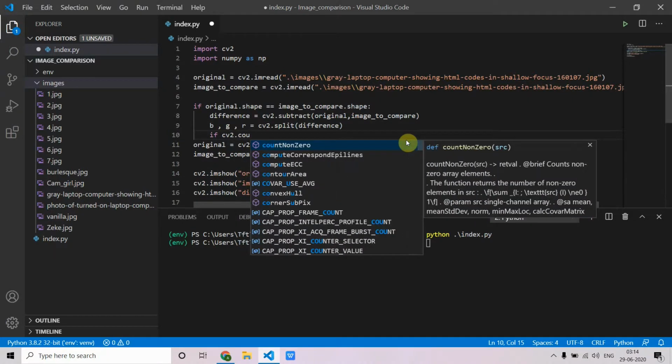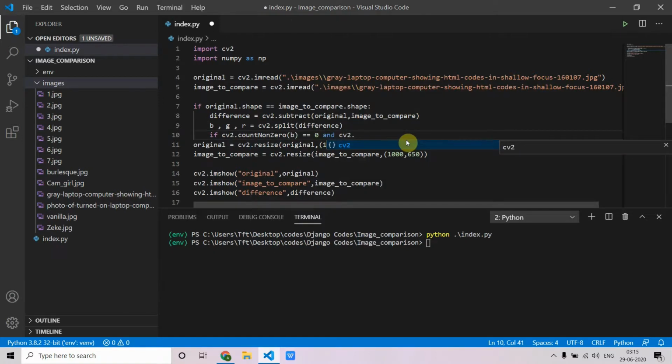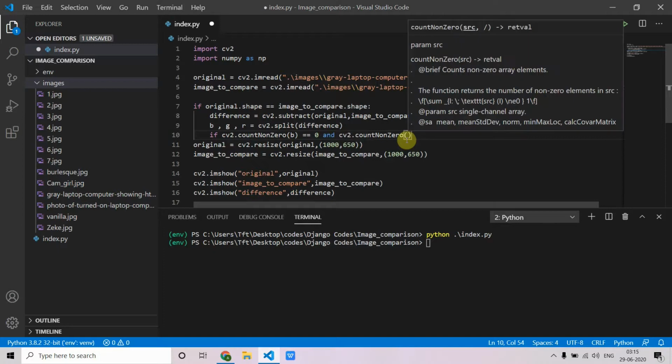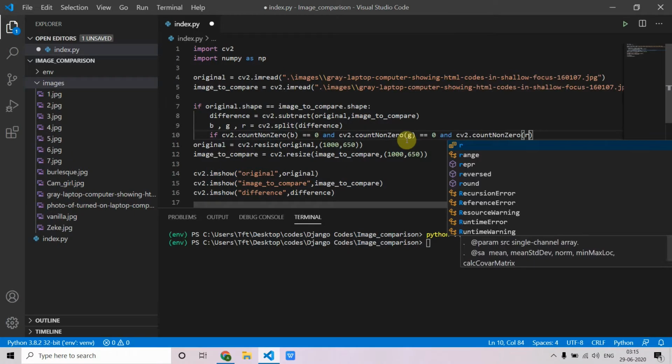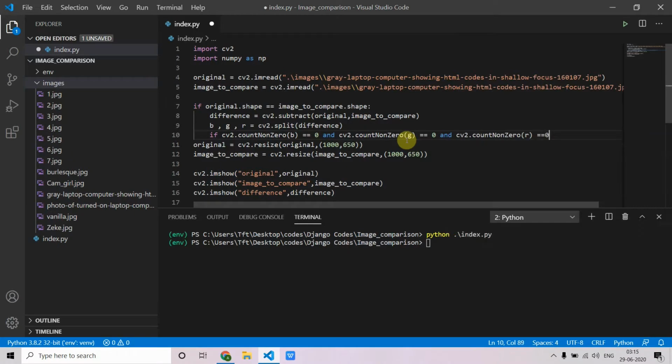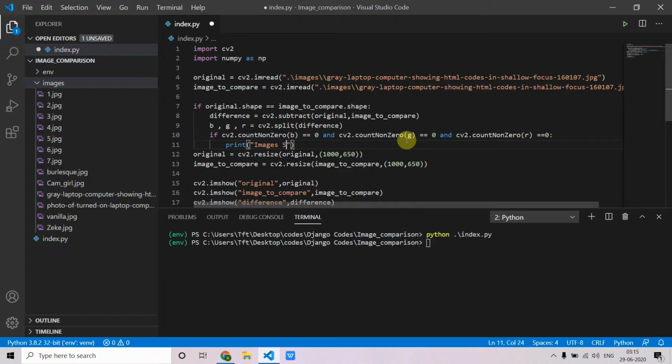So cv2.countNonZero for blue, and we have to do it for each channel, and cv2.countNonZero for green and red. If all are zero, the images are completely same.